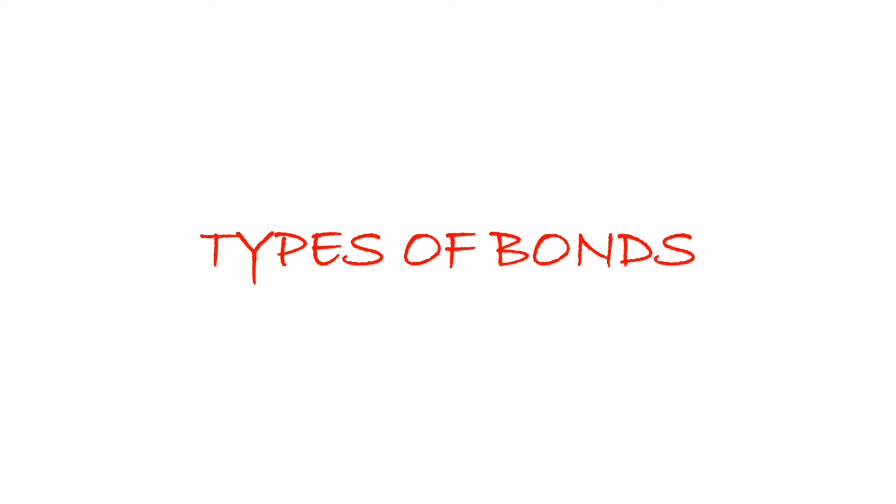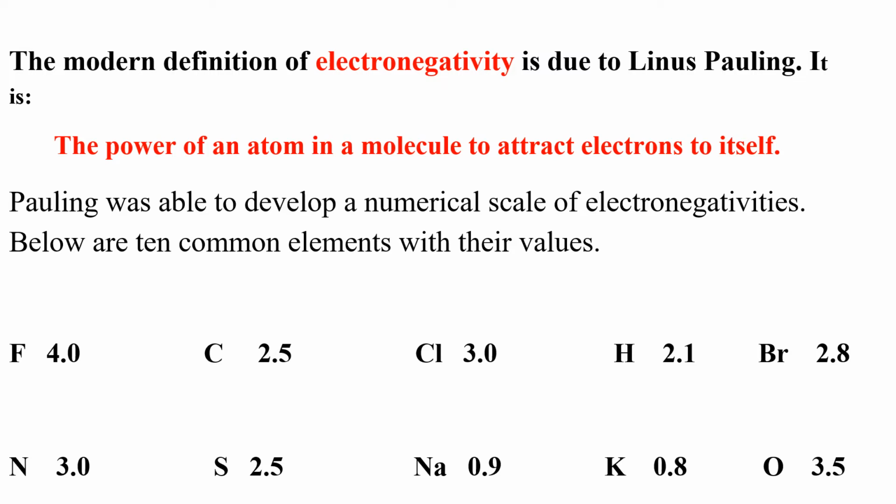Our lesson today is about types of bonds. In order to understand the types of bonds, we have to know the meaning of electronegativity. The modern definition of electronegativity is due to Linus Pauling, and it is the power of an atom in a molecule to attract electrons to itself. Pauling was able to develop a numerical scale of electronegativities, and 10 common elements with these values